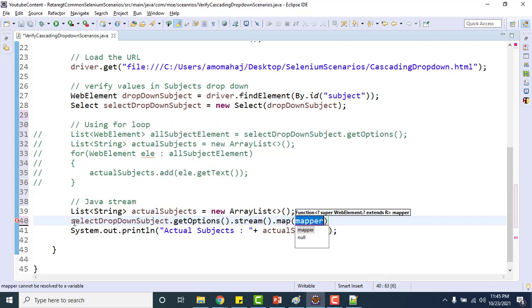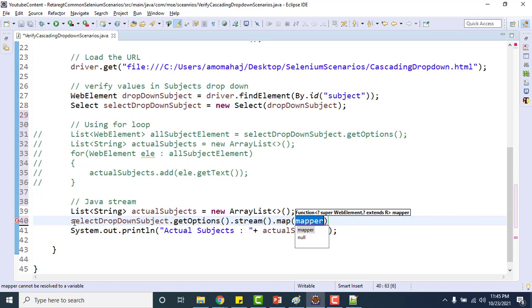This map is like, suppose in one list you have 5 elements like 1 2 3 4 5, and you want to add one to all the elements of that list. You can use the map and add one to those numbers. So that is easy here.